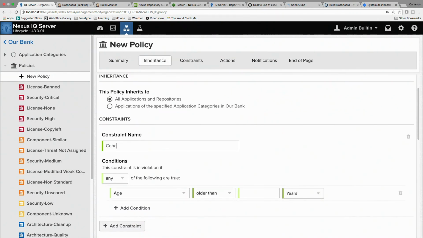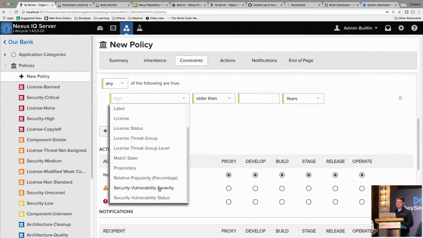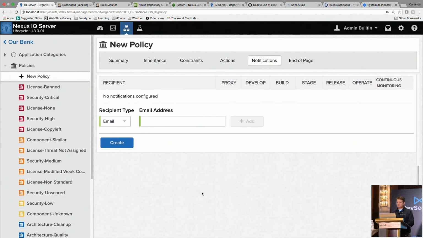I'm going to check for a vulnerability. We have lots of different ways of checking for software quality as we bring in libraries. What I've said here is no software vulnerability greater than or equal to 7. I'm going to block it at the proxy, block it at the firewall.